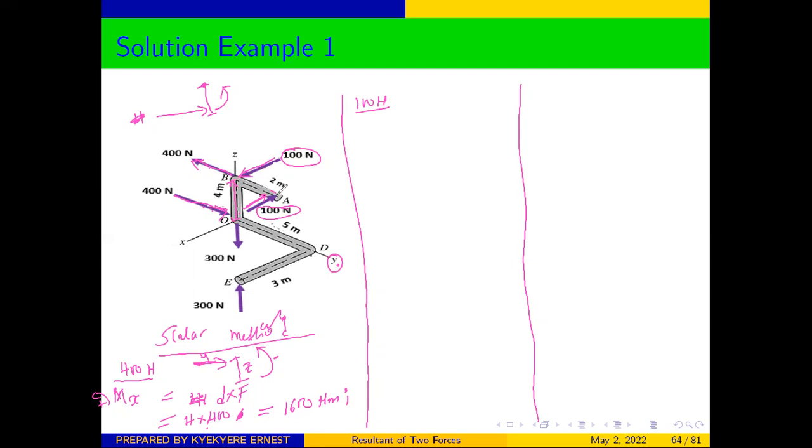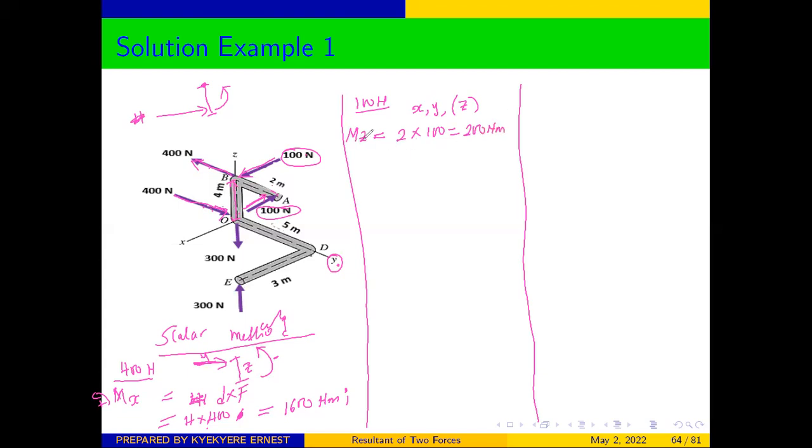If the forces are applied in x and the perpendicular distance is in the y, then we are going to get rotation in the z. Therefore, we can say that Mz will be equal to, the force is 100 and the distance is 2. So 2 times 100, which gives us 200